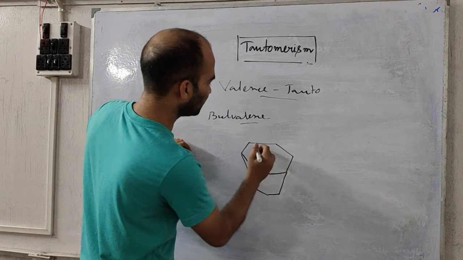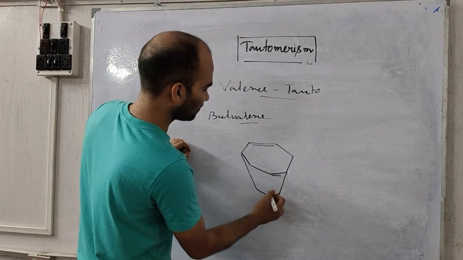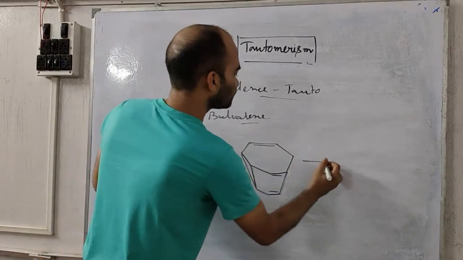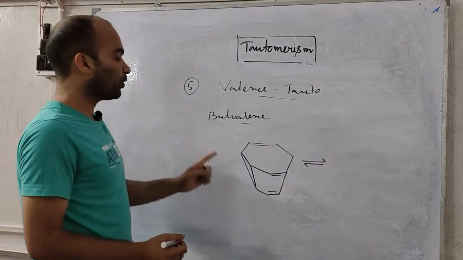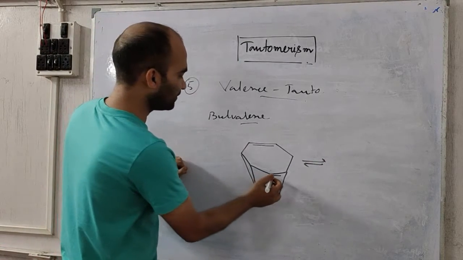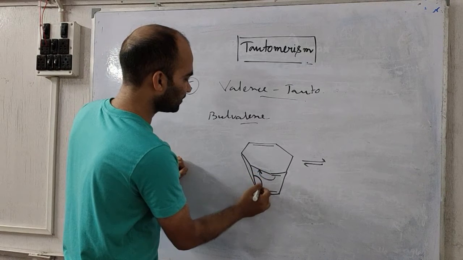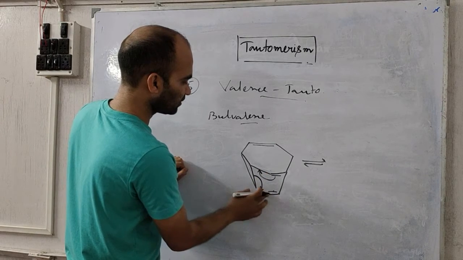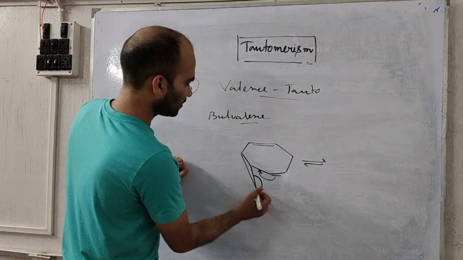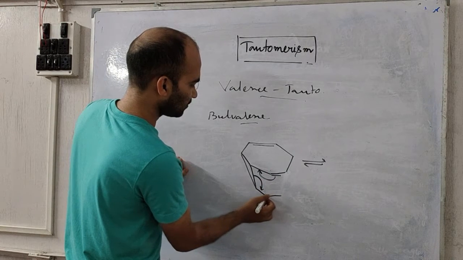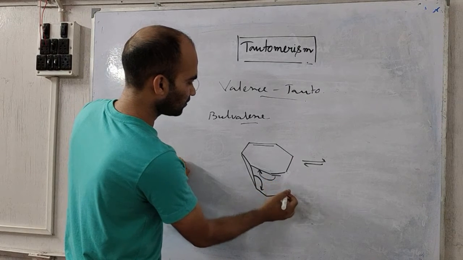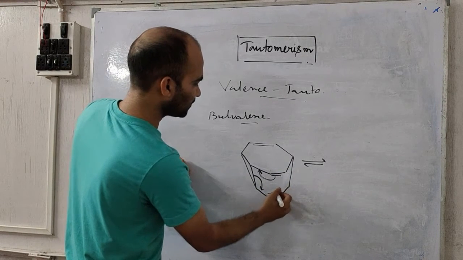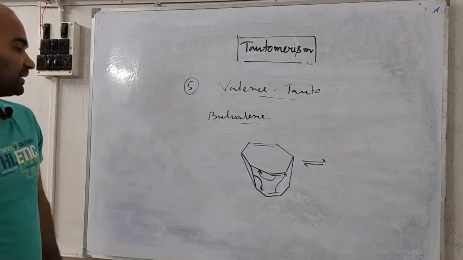This is a structure of valvaline, like this one. Now, here one bond will shift from one position to another, and thus it will be like this. This one will get into this, and this one, sorry, there is a mistake in the structure. And this one will get into this. Thus the structure will be like